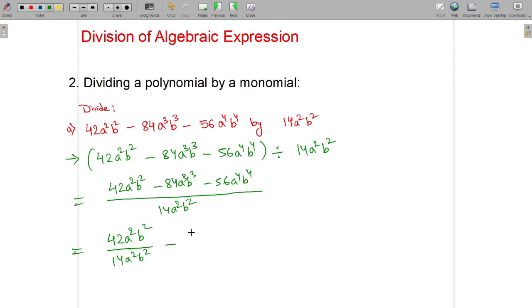Then the minus sign is there. Then the second term will get divided by the monomial. Then the third term will get divided by the monomial. Okay, so this,